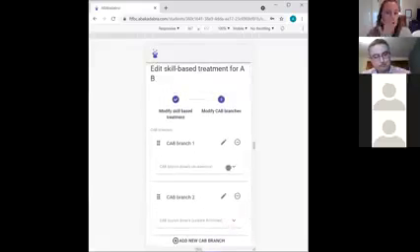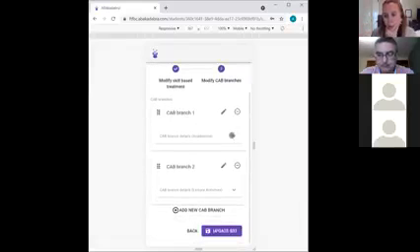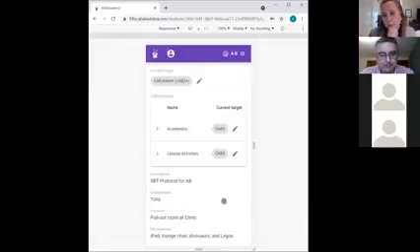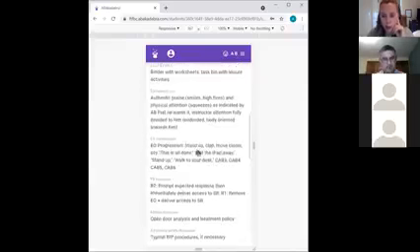So now we have our skill-based treatment, all of the specifics about treatment, and then we have our CAB branches at this point all created. So we're going to go ahead and hit update SBT, and this will take us back to our home page. And the next thing to do would be to go ahead and get started with sessions. But what you might want to do before then is just go through your homepage, make sure everything looks